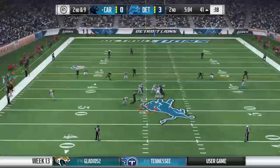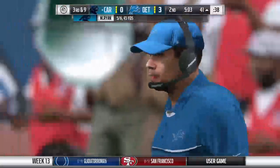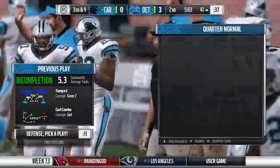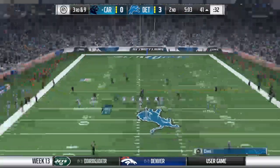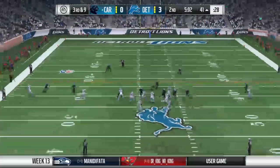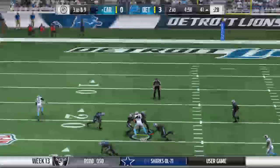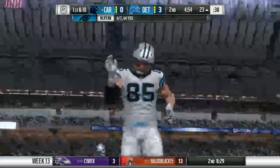On second down, Ryan. And that one got tipped, kind of threw everything off. It brings up third. So much of this game is about leverage. We always talk about low man wins in the trenches. Well, it's like that at just about every position. And sometimes, if you lose that leverage and you're losing the battle, just jump up at the line of scrimmage and try and bat the ball away. And that's exactly what happened there. Ryan. And Eifert has it. And he's going to get the first down as they bring him down at the 23. They call it a gain of 19, and it moves the...